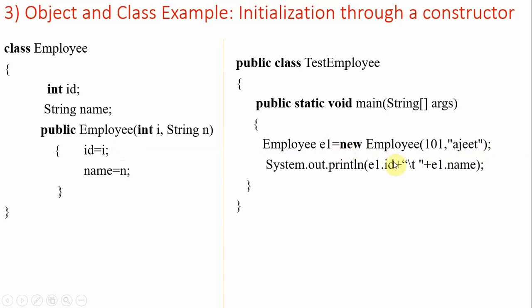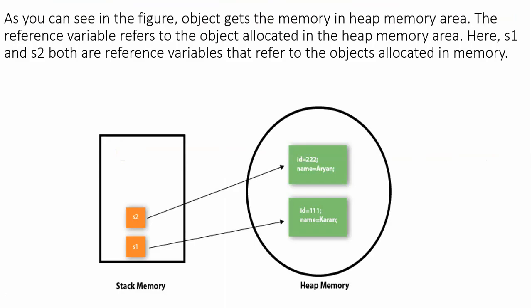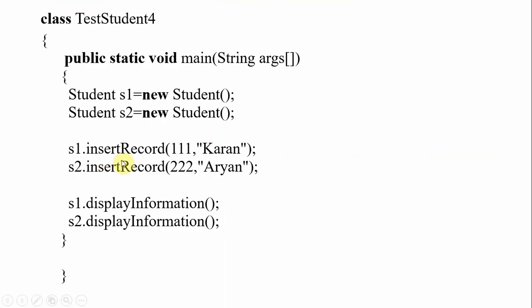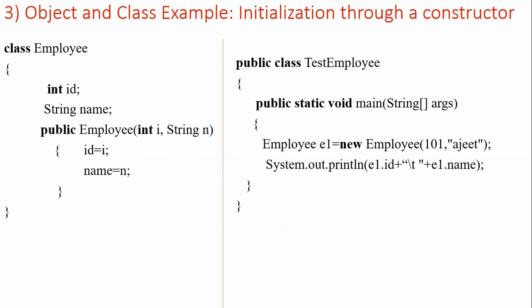Why do we have a method and a constructor? From the execution point of view there is a difference. Here we have to call a method separately, which means we are taking more time for calling a method and assigning values. But here, whenever we create an object, we directly pass the values, which means it takes less time than the previous one. So that is the difference actually. This is the third way to initialize values to the objects, through constructor.